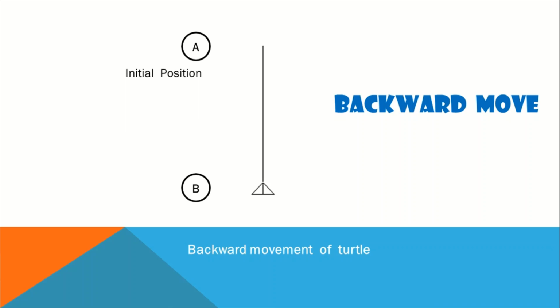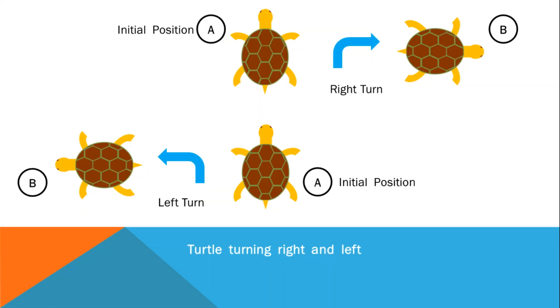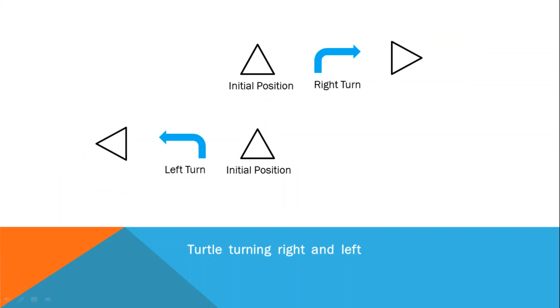Apart from simply moving in a straight line, our turtle can also take turns. It can turn circularly in left as well as right direction as shown on the screen. The first example on the screen is of right turn and the second example is of left turn. In both the cases, turtle is turning from an initial position A to B. Here we don't see any trailing line with turtle's turn because turtle has not moved away from its position but has just taken a turn at the same place. So this makes it clear that turn movements are just to rotate turtle's head and do not draw anything on the screen. I hope we are clear with the basic move and turn movements of turtle.